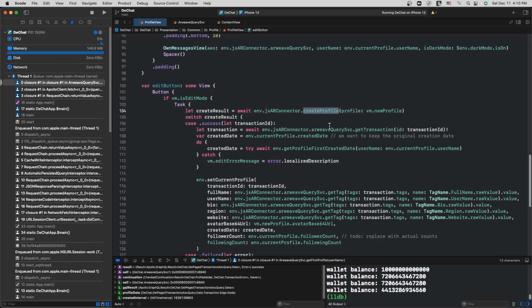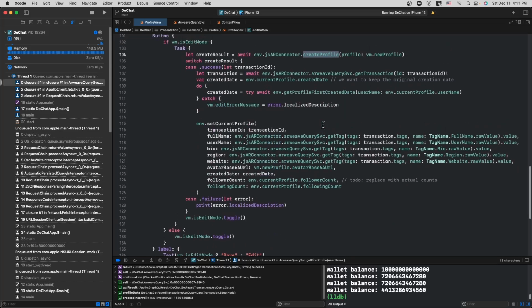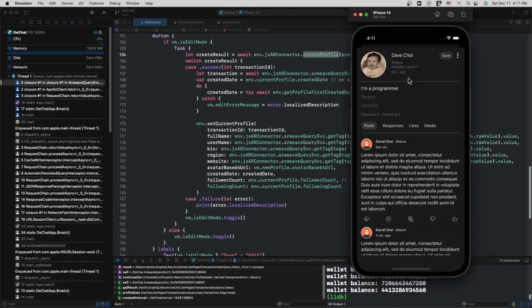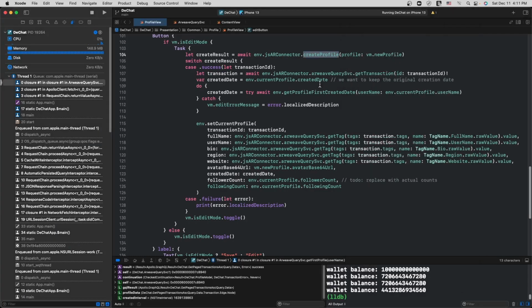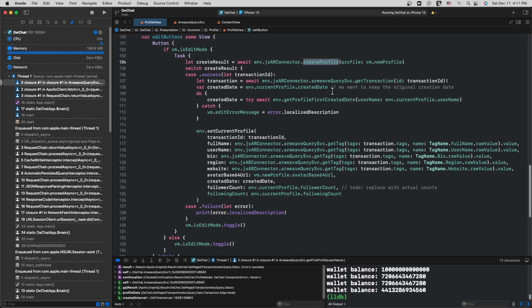And you might be wondering, well, why is it creating a new profile? Because again, everything in Arweave is immutable. You can't change it once you put it in there, right? So in order to create an application like this, where from the user perspective, some things will be a modification. So as we saw here, from the user perspective, it looks like I'm doing a change right here. In actuality, behind the scenes, I'm adding a brand new record.